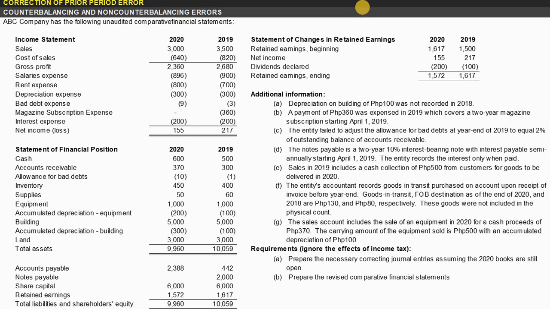So now let us proceed to the fourth error, so letter D. The notes payable is a 2-year 10% interest-bearing note with interest payable semi-annually starting April 1, 2019. The entity records the interest only when paid. So obviously, based on the statement, the error of the entity is the timing of recording of the interest expense because the interest expense is being recorded upon payment. However, that is incorrect under accrual basis because under accrual basis, interest expense should be recorded